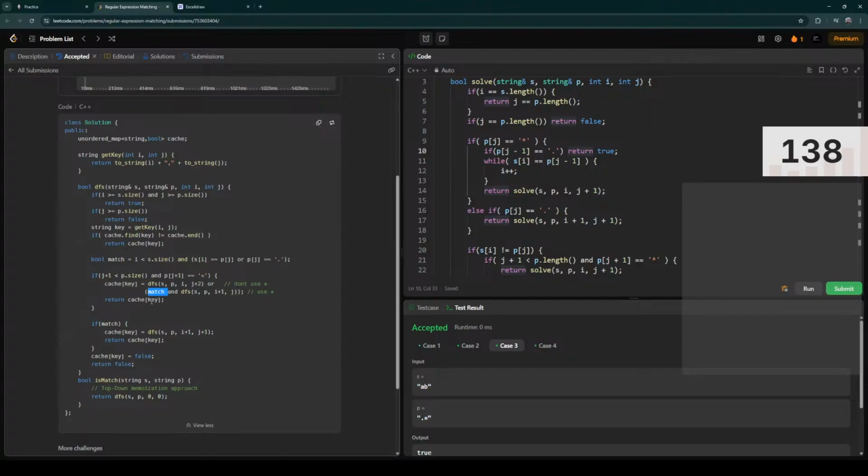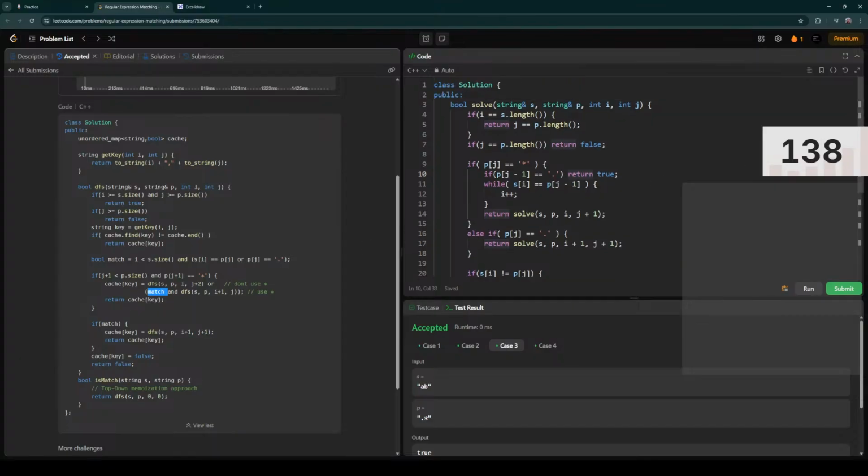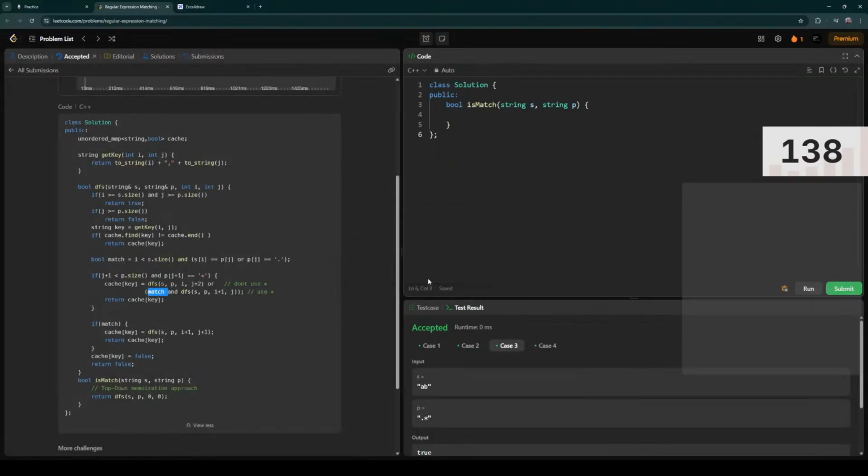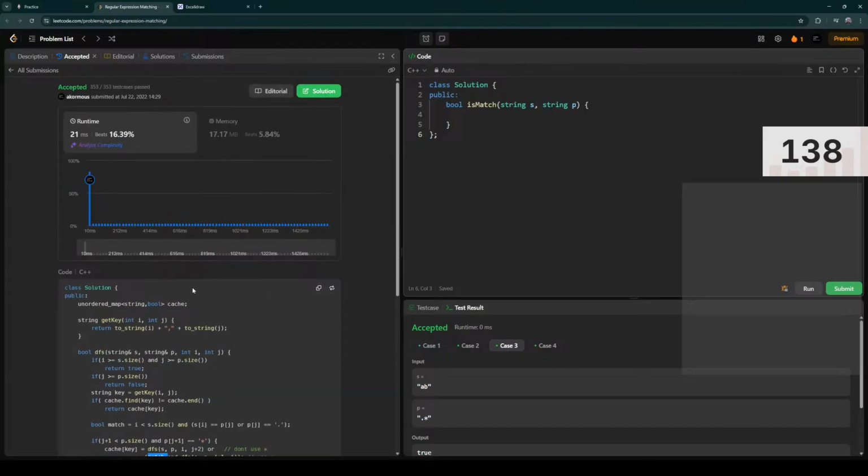Return cache key. Makes sense, makes a lot of sense. If there is a match, then we store. If it is matching, then DFS s, p, i plus 1, j plus 1, we move both, and then we return that. Otherwise we say it is false, return false. Okay,